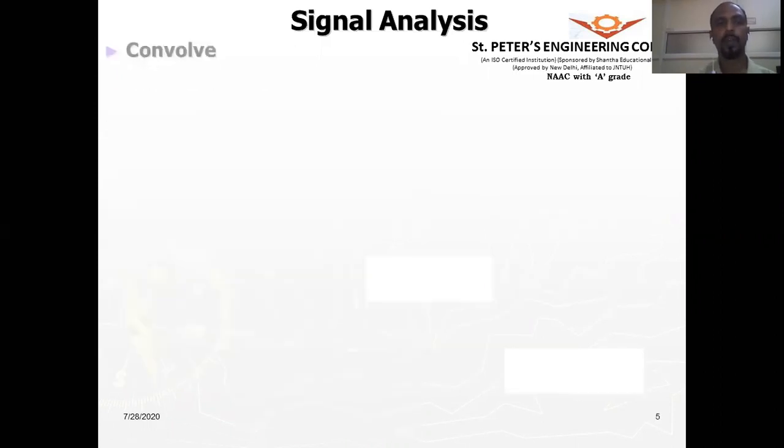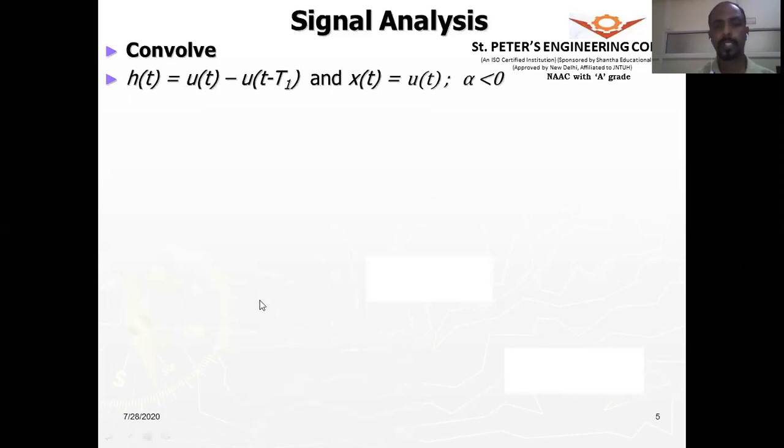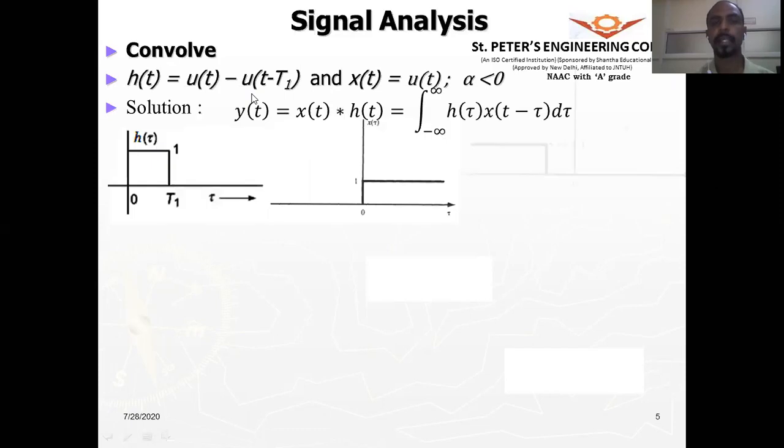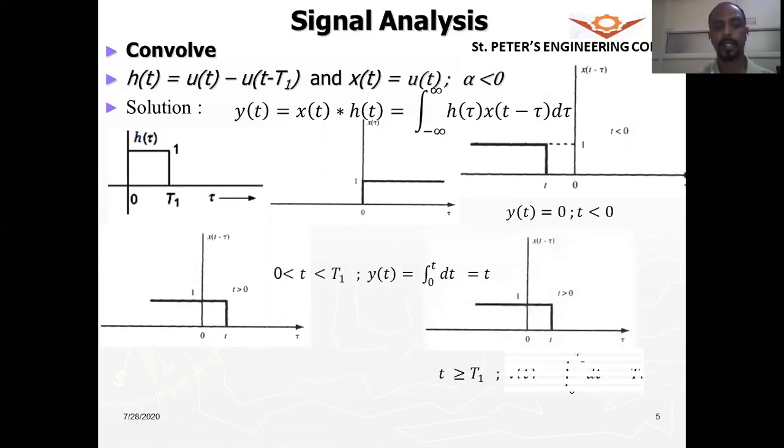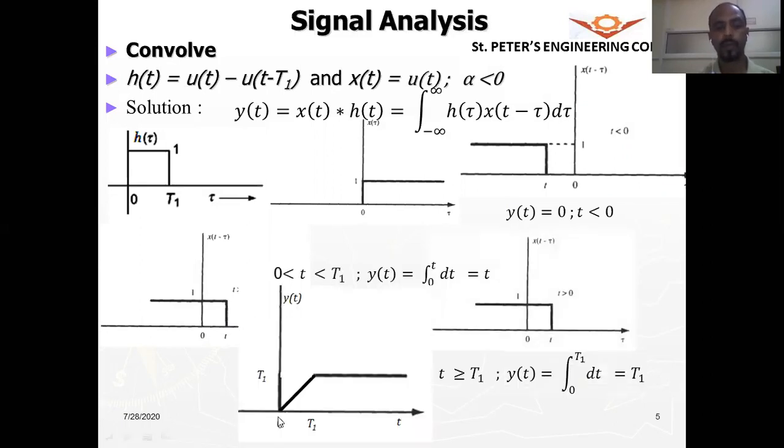Now, when we convolve two signals where one signal is a finite signal and another signal is an infinite signal, then we have three regions. When there is no overlap, that is one region, and partial overlap is another region, and full overlap is the other region. So if you take the output, this is the no overlap region, this is the partial overlap region, and this is the full overlap region. All right.